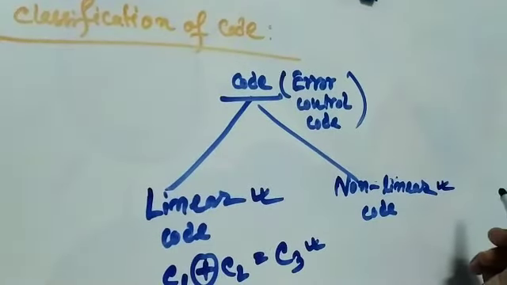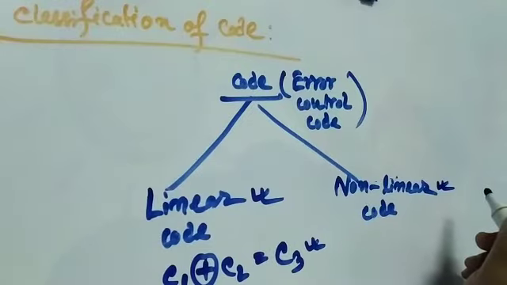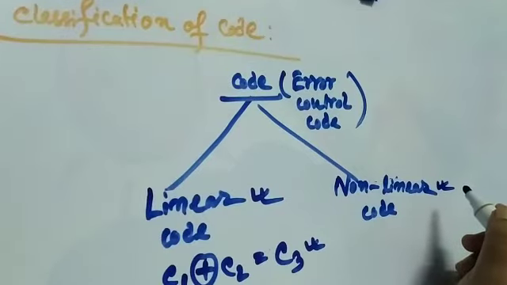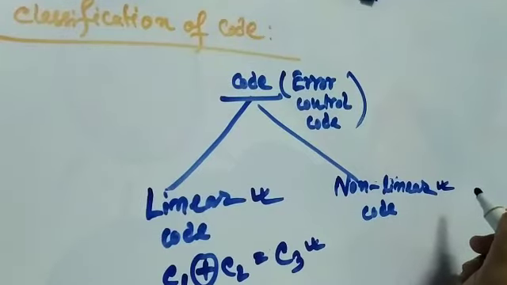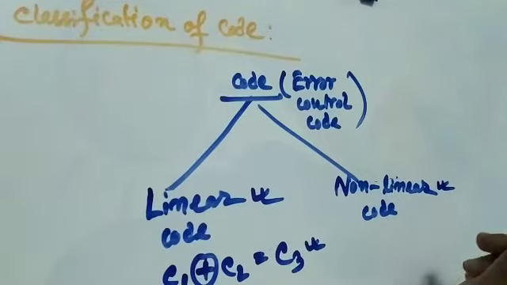This is the important property for linear code, which is not observed in non-linear code. So, in your syllabus, we are covering one example of block code and convolution code and their properties. The block code which I will discuss further is also a linear block code. But before starting, first we should know about the block code.